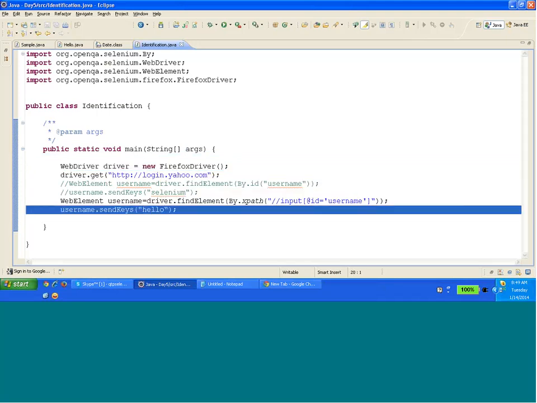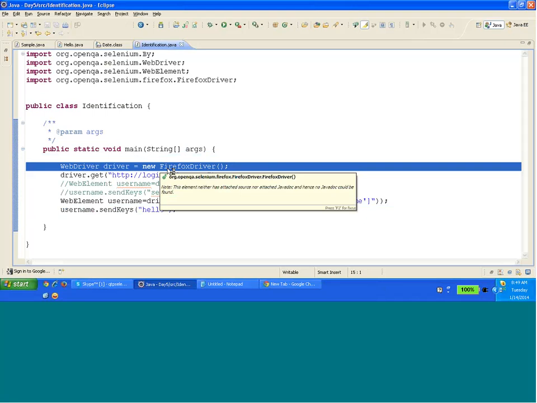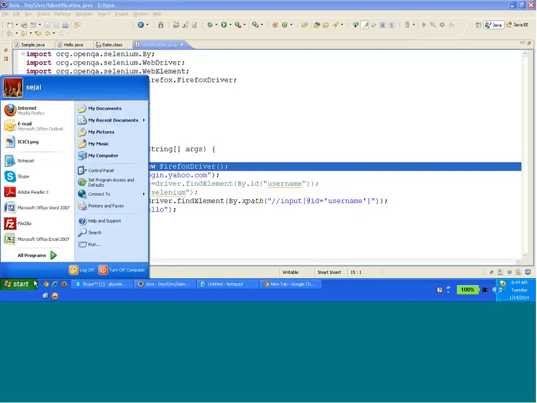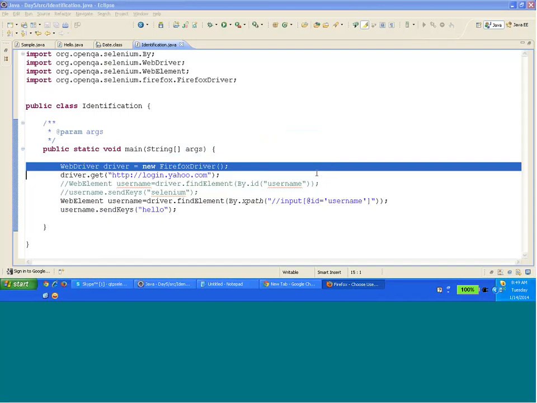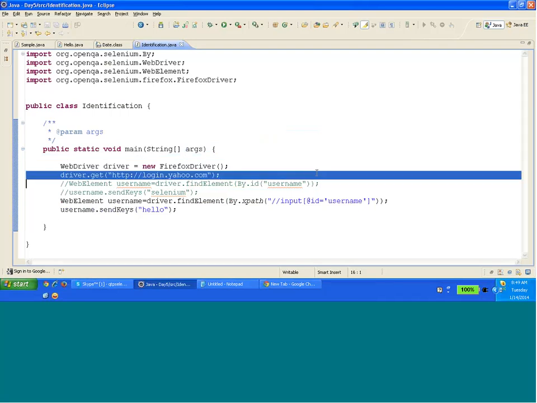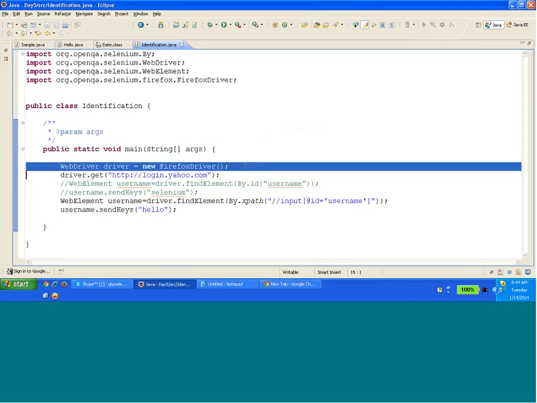If you want, you can instruct Selenium to open a specific profile as well. For example, on my machine there are two profiles, the default profile and the Selenium profile. I can tell Selenium to go and open the default profile. Now, how do I tell Selenium that? We'll talk about it in the later classes. I don't have enough time for that. Fine. So practically,